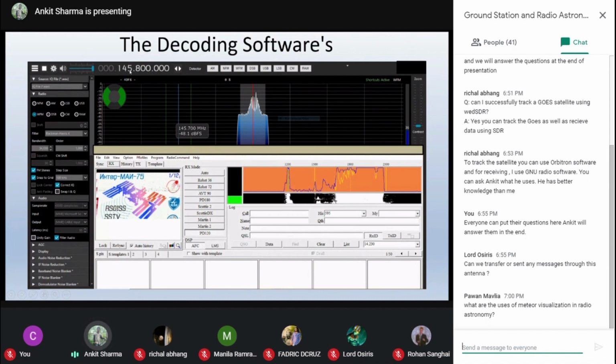So this is the frequency, 145.800 megahertz, and yeah. So we have it in FM modulation, which is the wide band frequency modulation type, and this is the bandwidth. This is the order. Basically, bandwidth is somewhat around 34 kilohertz. You can see the signals out here, and you can switch on FM stereo or not. It depends upon you. At the end, you are directly transmitting the signals to this particular decoding software out here, which decodes the SSTV signals around